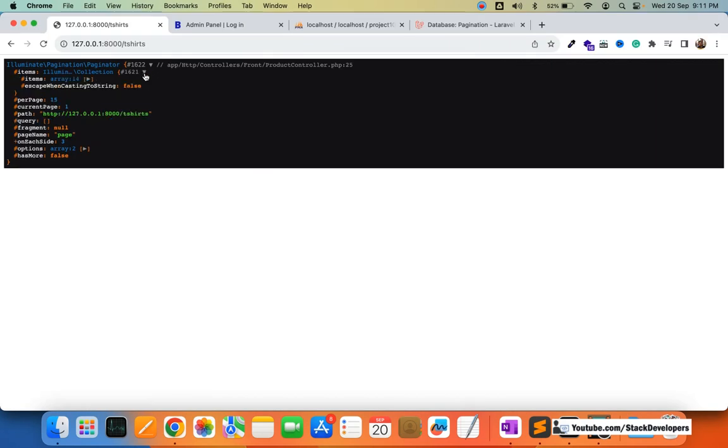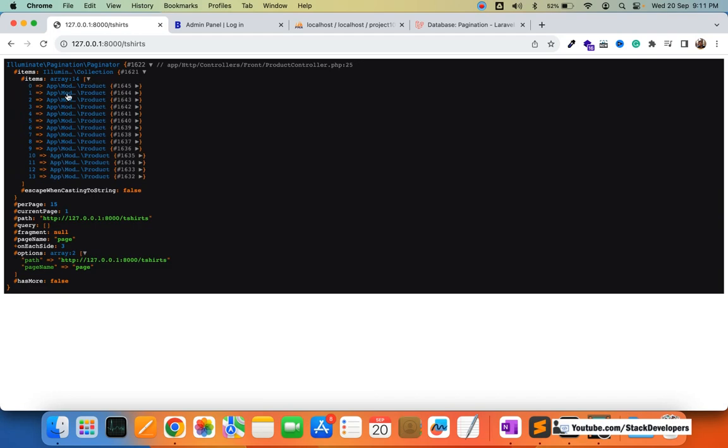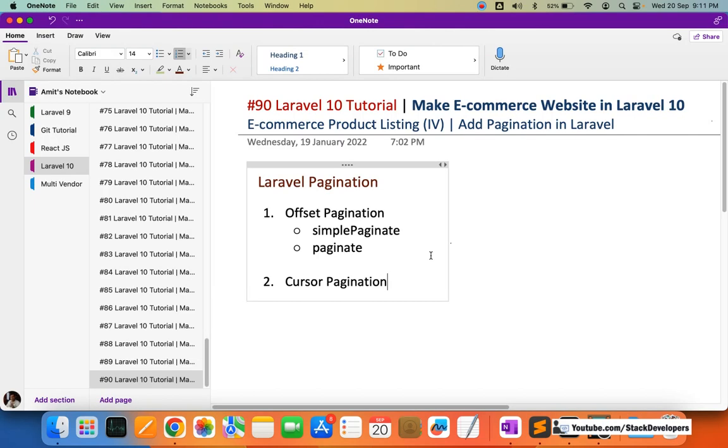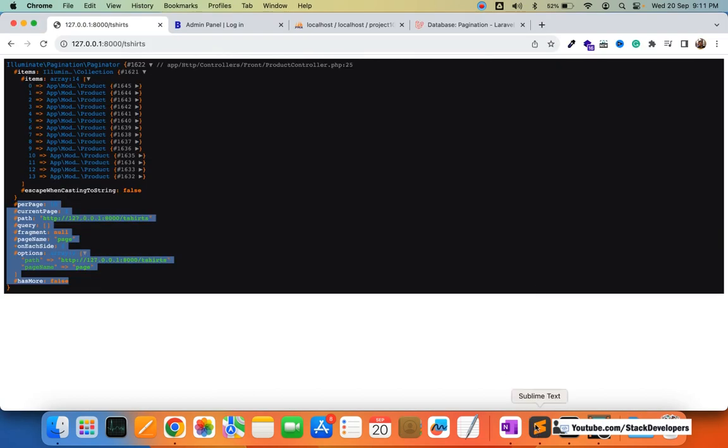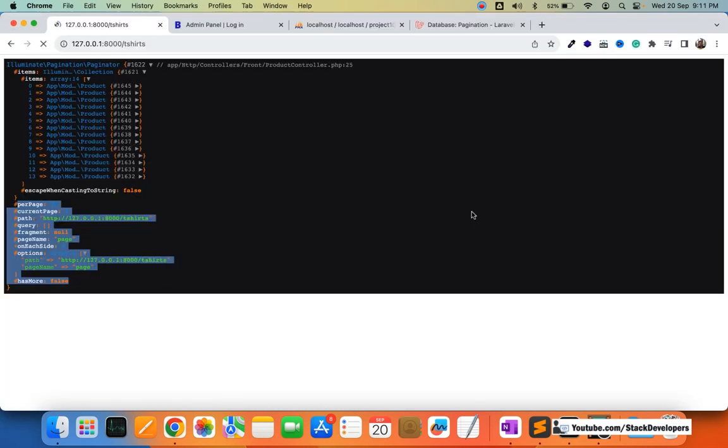Alongside the complete array, we are going to see the paginate data, like the page name, you can see the page. Such kind of things will also come up. Along with these items, we can see this one new data that is coming along with the paginate method. Now I'm going to comment this one, and we're going to see whether we are able to show